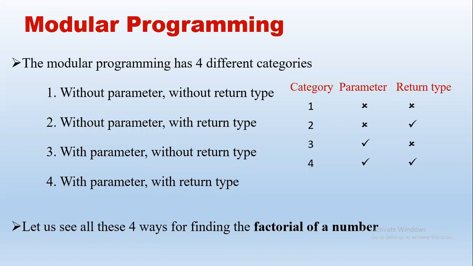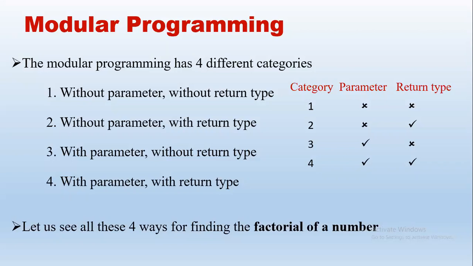Problem 1 in your lab sheet is about finding NCR. So NCR requires n factorial by n minus r factorial into r factorial. So there are factorials to be found. So I thought before we go to NCR, we will find out factorial using function, and the same thing we will be using in problem 1. Okay. So first we will discuss problem 2. Okay. And then we'll come back to 1.